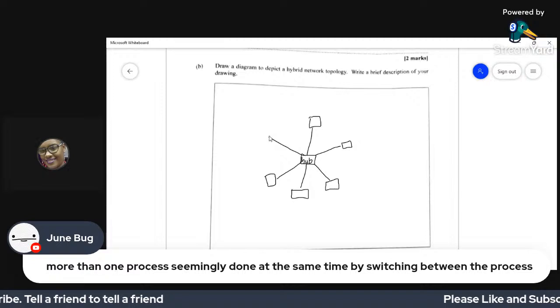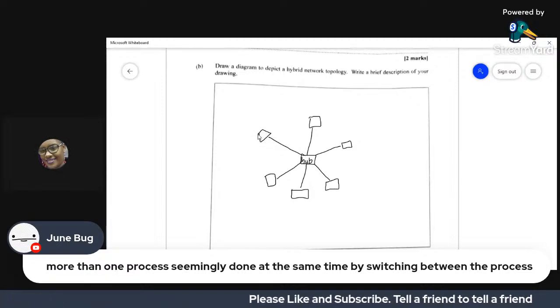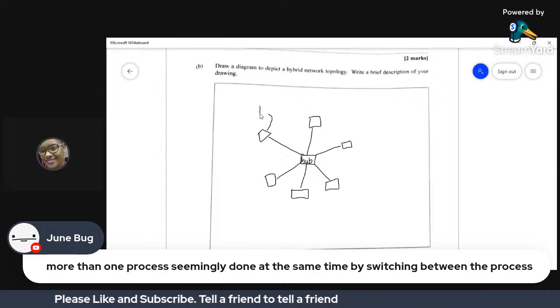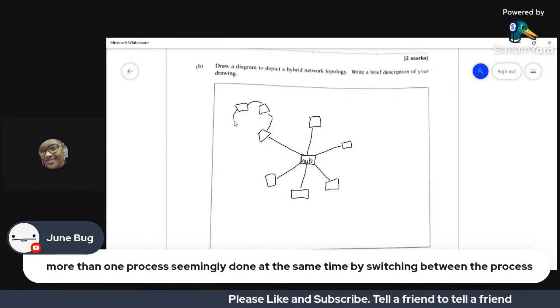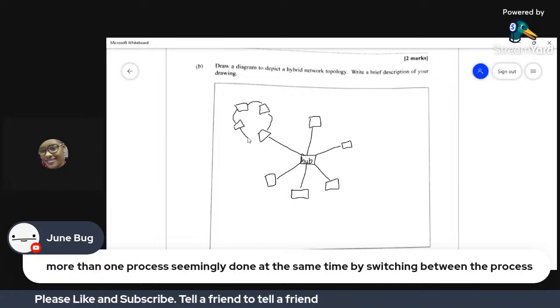But for this one, I'm going to add a node and create a ring. So this would now be a hybrid.